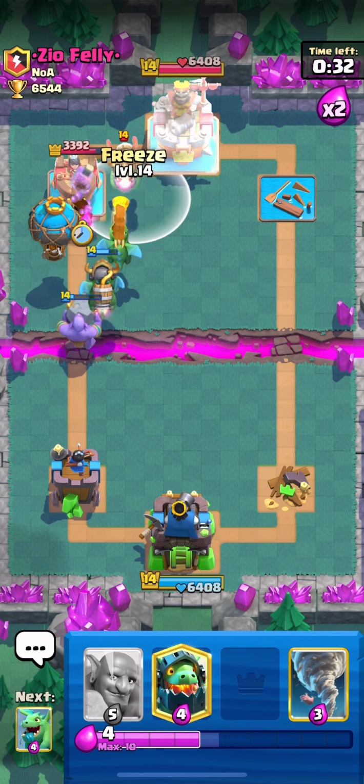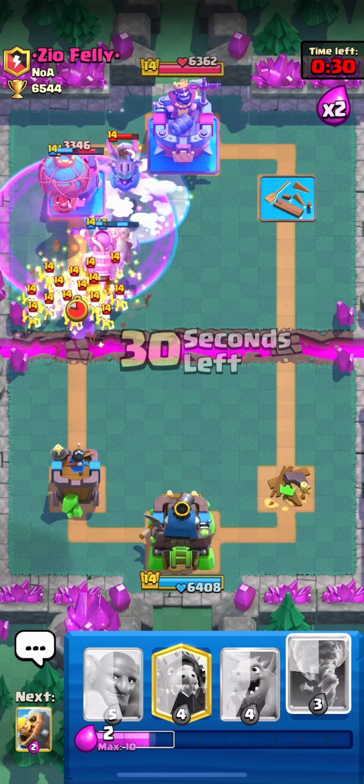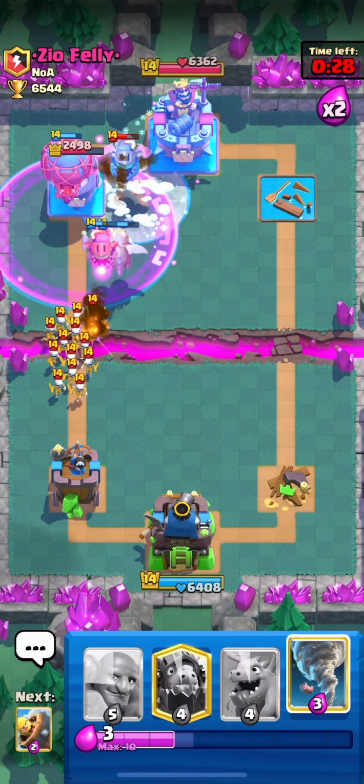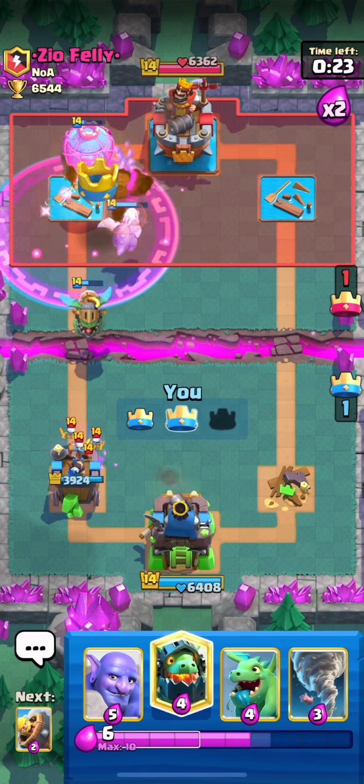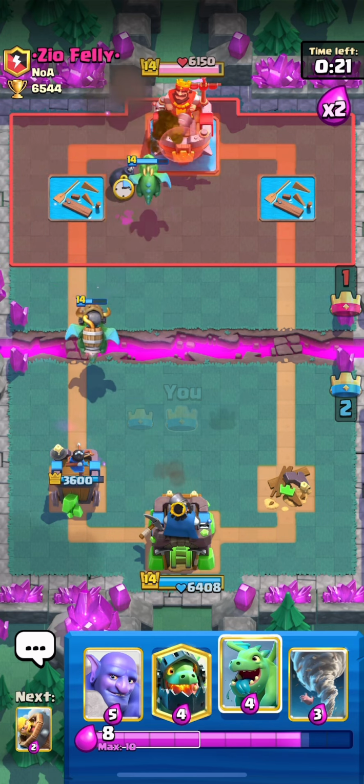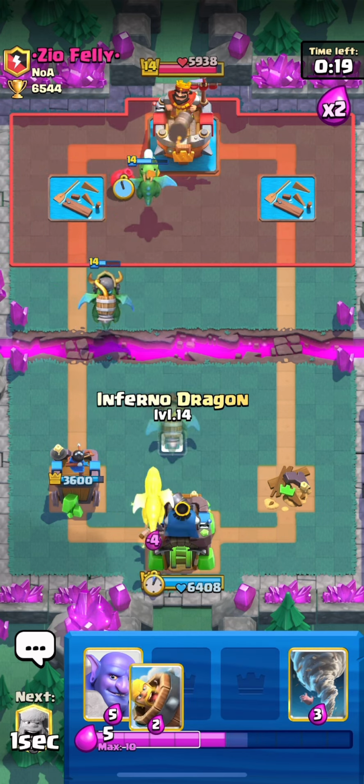And yeah, there's absolutely nothing my opponent can do anymore. He decides to go with the arrows, but yeah, it's a little too late. Balloon Rage on the tower, tapping that tower insanely fast. And yeah, I feel sorry for my opponent here, but hey,